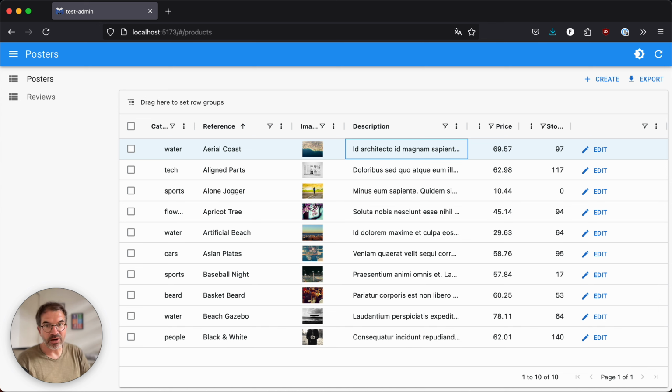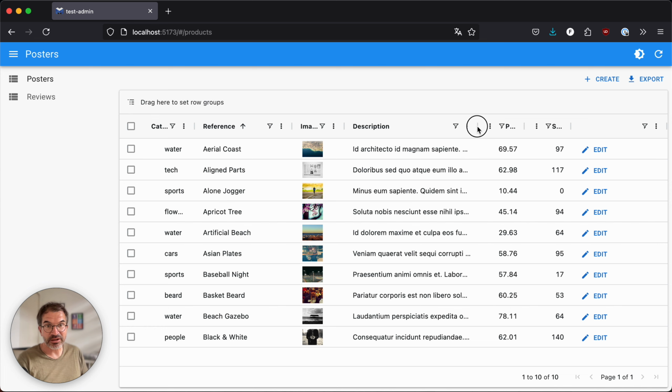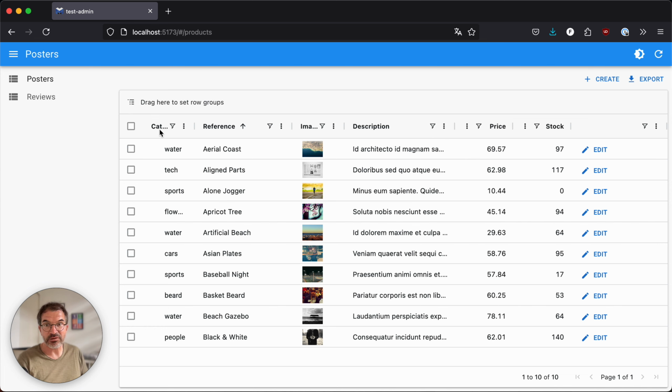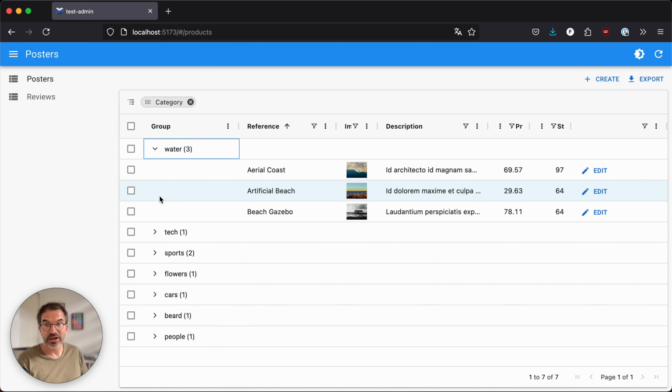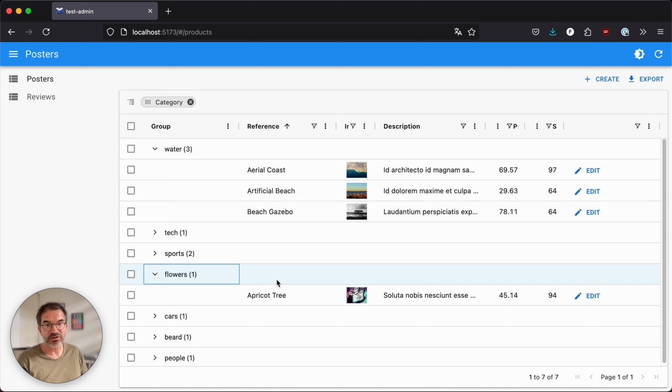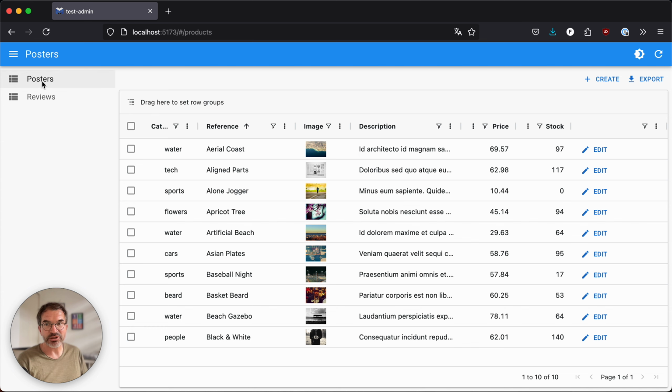Here it allows resizing columns. It allows changing columns as well. Here I'm resizing a column, and you can even group rows by category. There are tons more features for DataGrid AG. So when you get stuck with data table, take a look at DataGrid AG. It's an enterprise component, but it will fit your needs if what you need is an Excel-like spreadsheet.